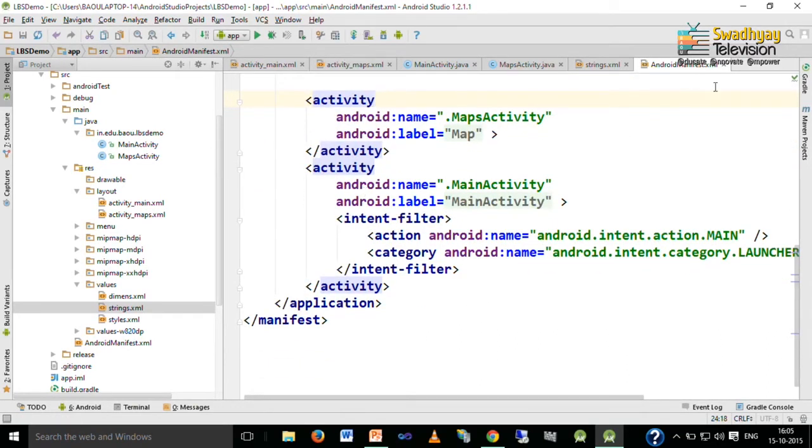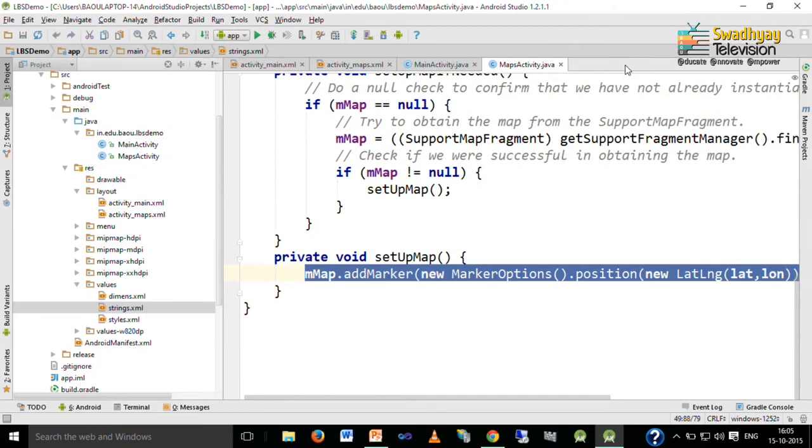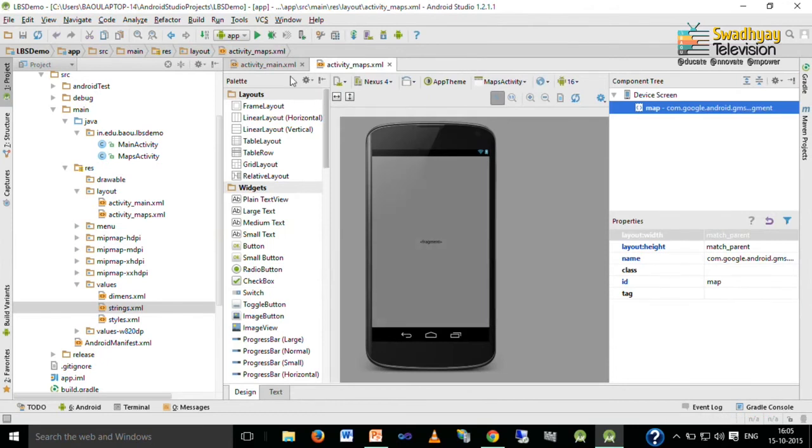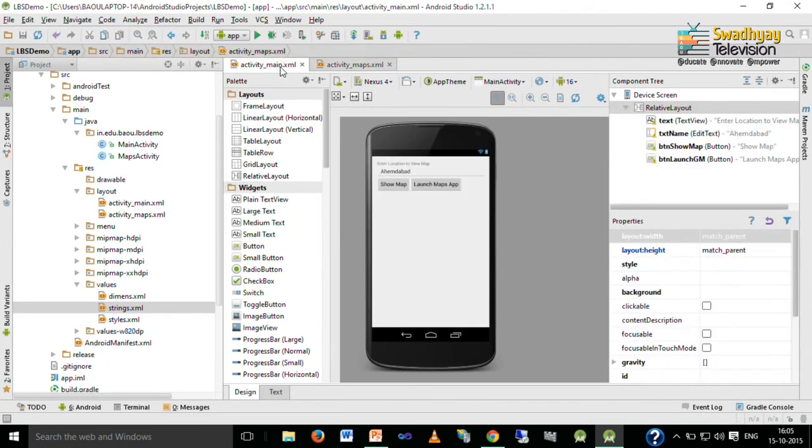So, this is how our entire code works. You have to create maps activity, you have to create this main activity, and you have to create the interface for the main activity.